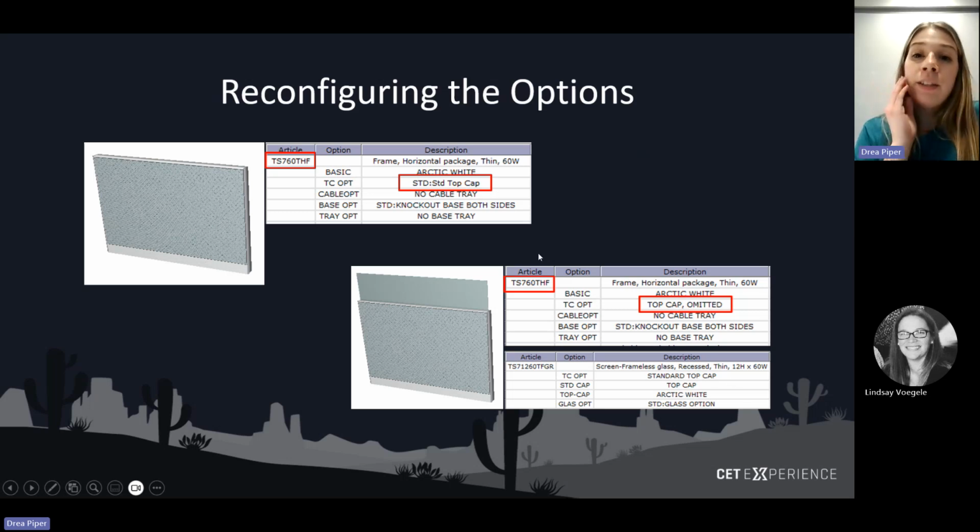Now, if I plugged this into the reconfiguration tool and had my options selected, it's going to tell me I need a whole new panel because of the options being different. But we all know that you can remove this top cap and just order this glass stacker. So to get around that,